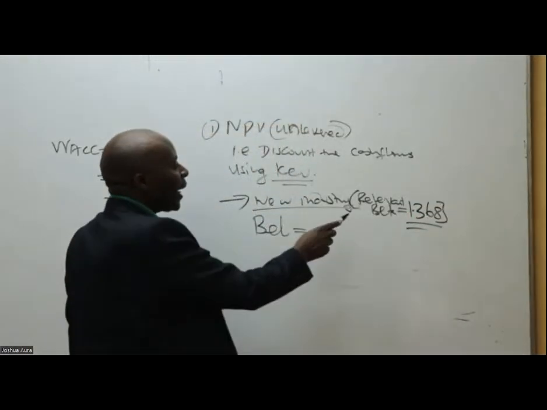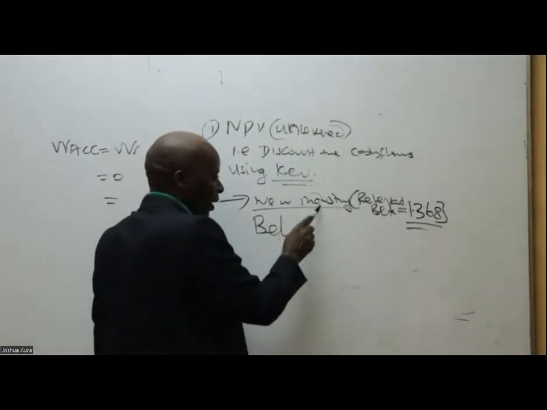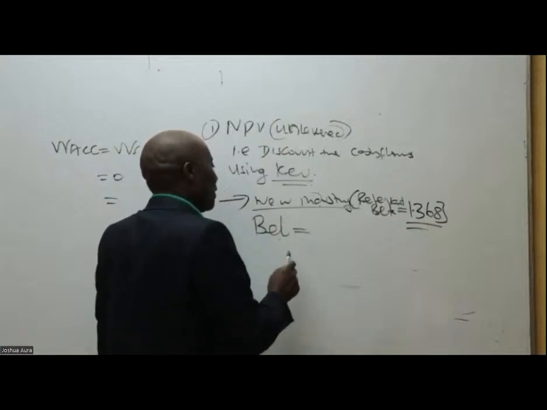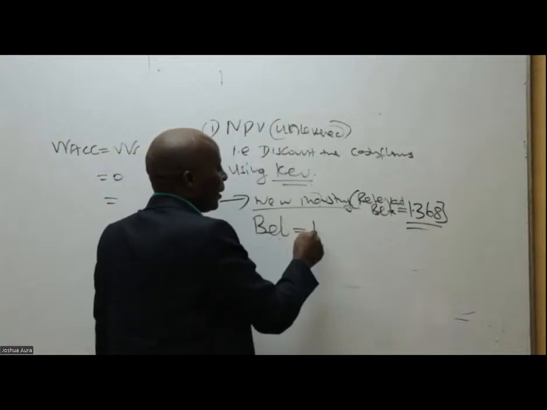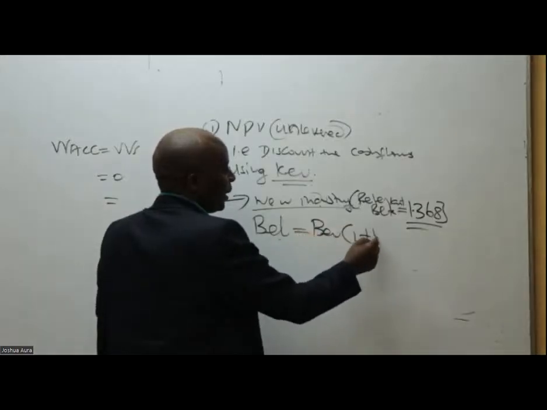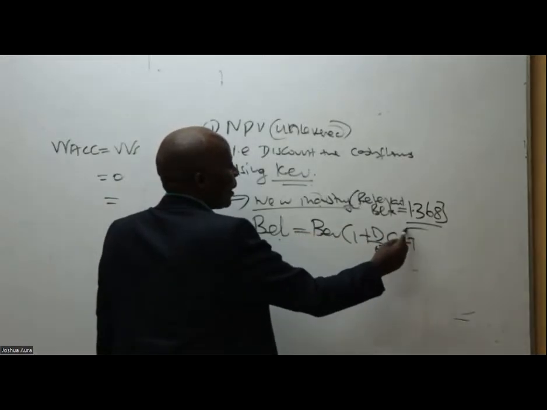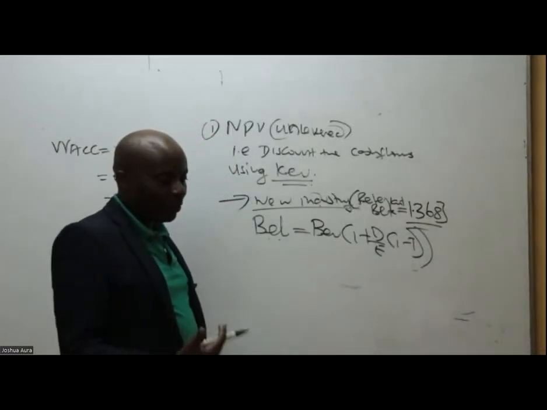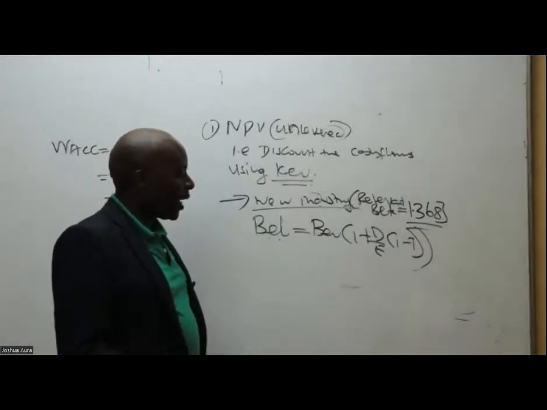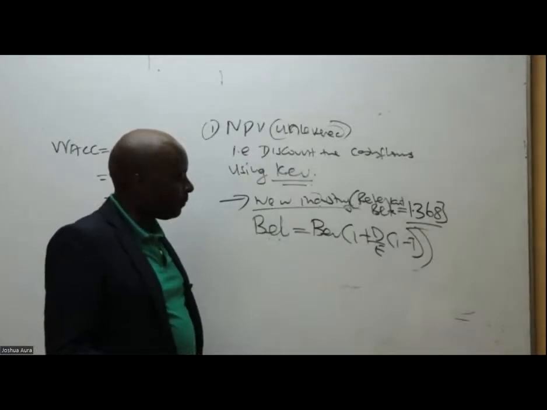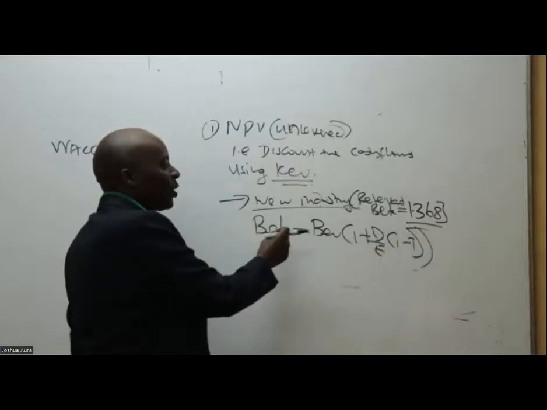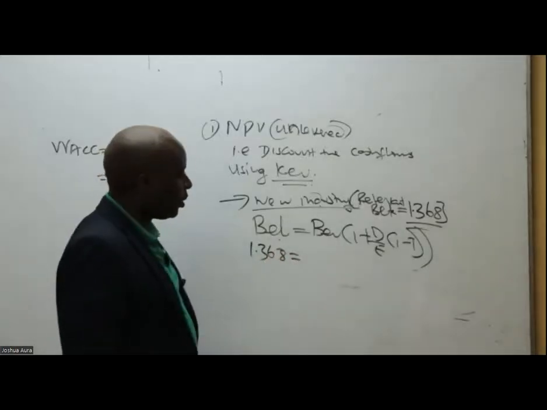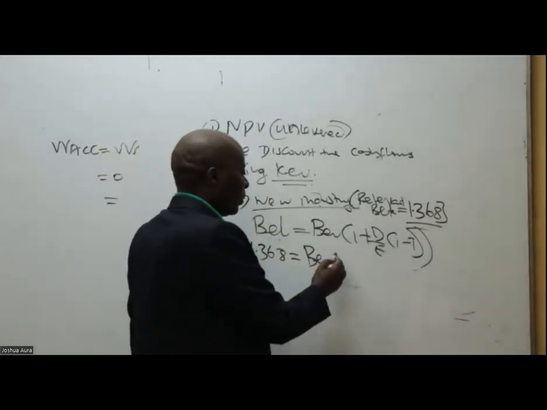And of course, it will be beta equity levered because the industry has debt. So then, using Hamada's model, give me the beta unlevered. These are low-hanging fruits. So the beta levered, which we already have, is 1.368, which equals the beta unlevered that we are looking for